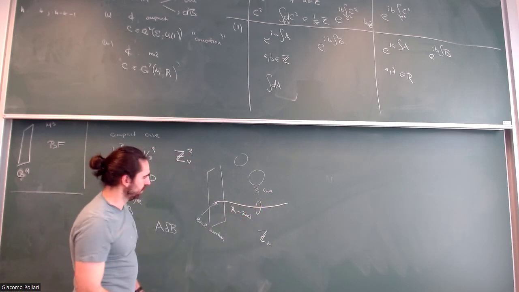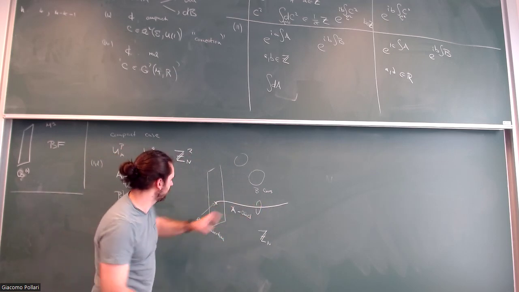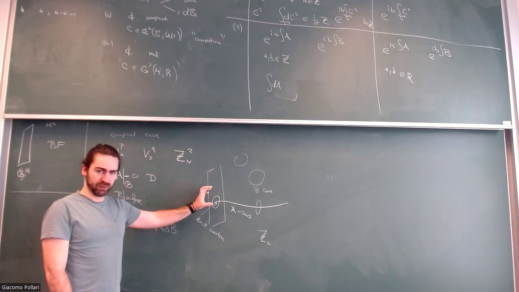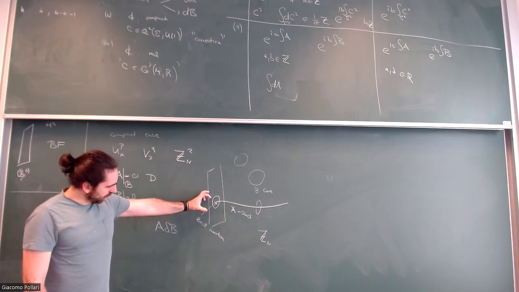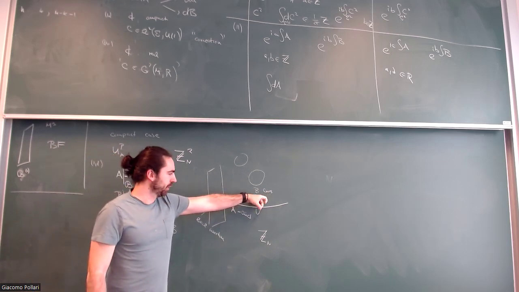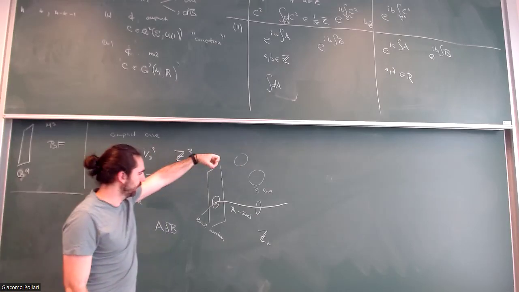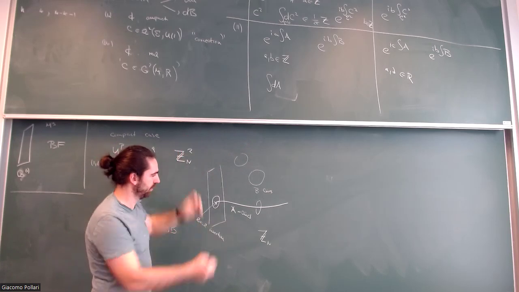So if I have just a purely 2D perspective, I can just encircle that insertion with the B line, but I know that I can deform it to the bulk. I can move it up, and I'll just have that factor e to the